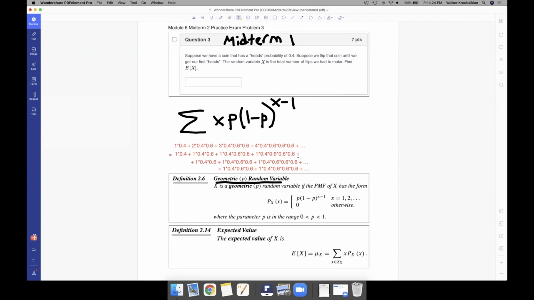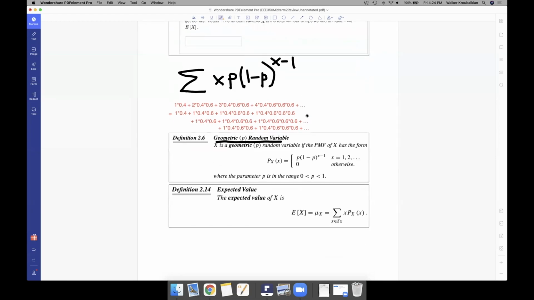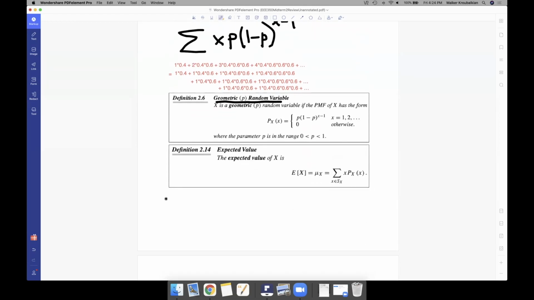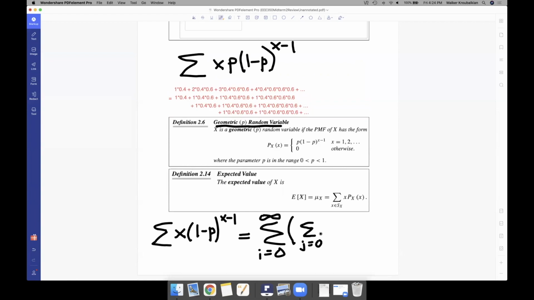And what we can notice is each of these infinite series is itself an infinite geometric series, which has a pretty simple formula that you should all know. Sorry if that was a bit complicated, but effectively what I'm saying is this is the same thing as a double sum, from i equals 0 to infinity, and j equals 1 to infinity of